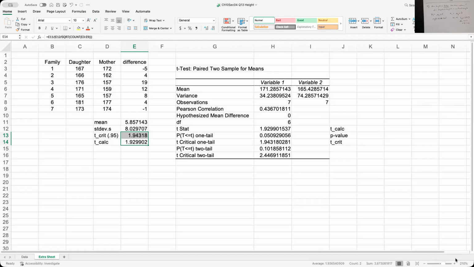The calculated value has to be bigger for me to be in that little gray rejection zone there. What do I see up there? It's more. 1.9299 against 1.943. I'm smaller. And that means